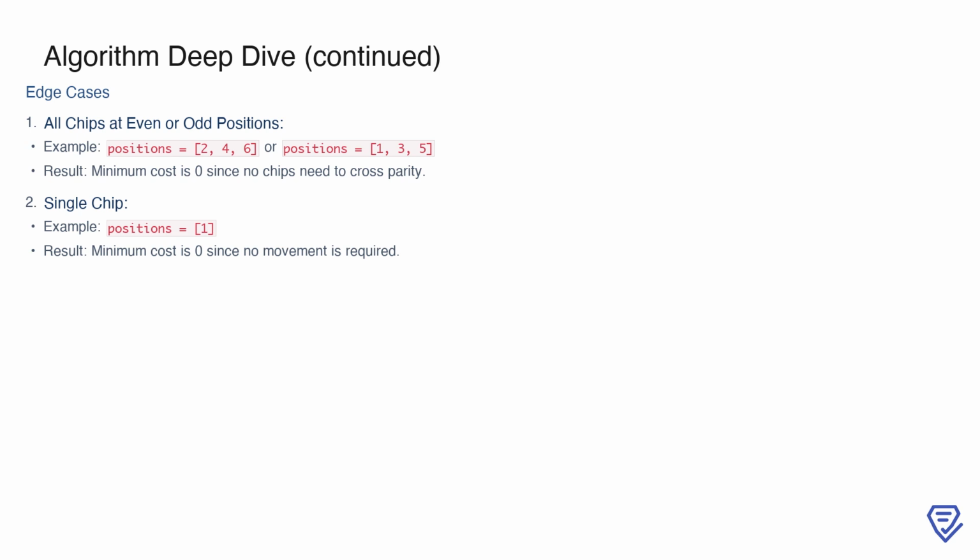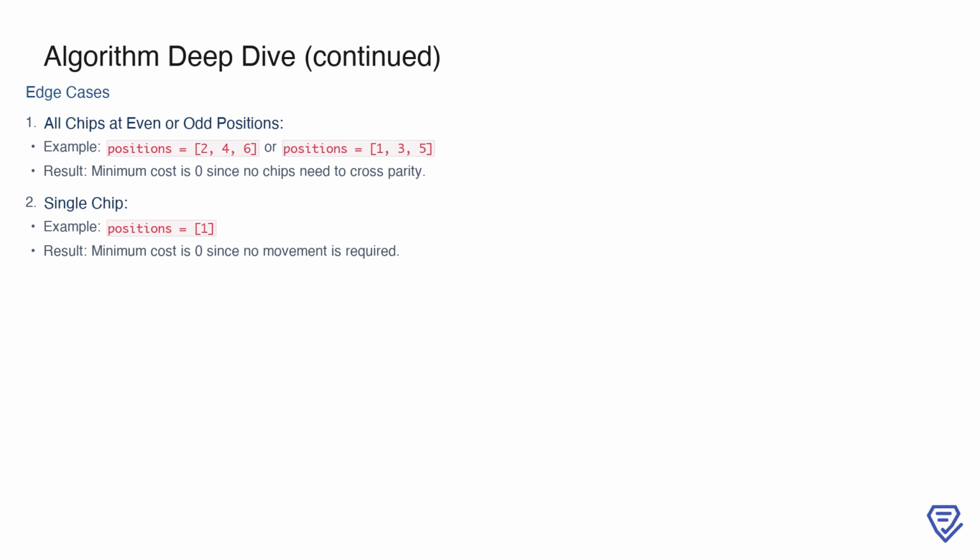Another edge case is when there's only a single chip, like positions equal to 1. Here, the minimum cost is also 0 because no movement is required. These cases highlight how the algorithm handles both typical and special scenarios effectively, ensuring that the solution is robust and